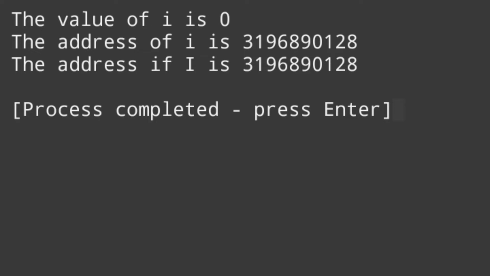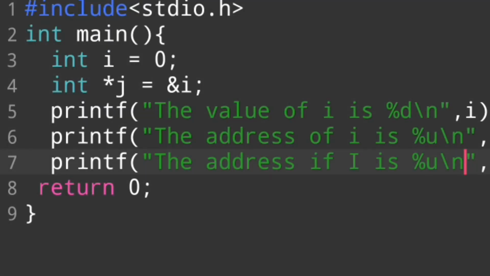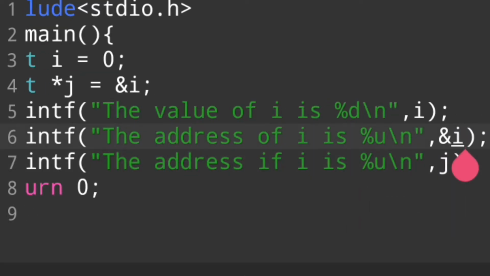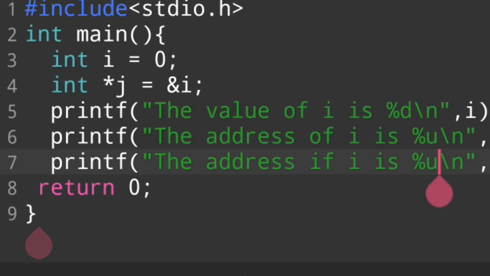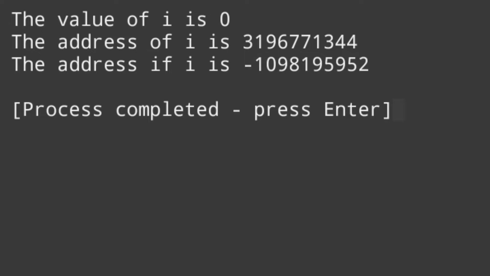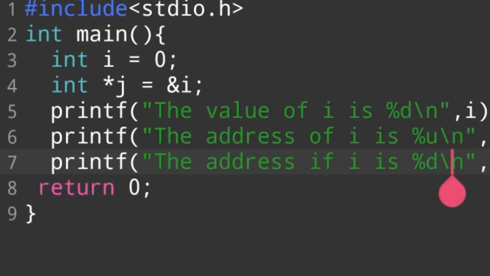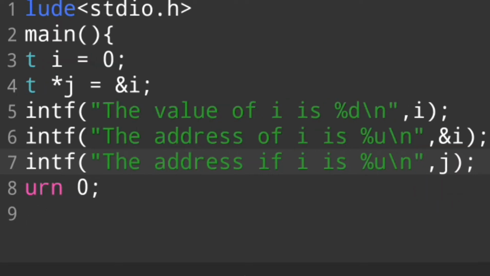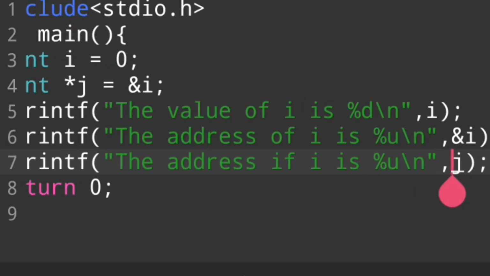The address of i is also printed; the above address of i and this one are the same. When I use %d and run this program, it gives us another, false value. So for an address we use only %u, and then we say j.